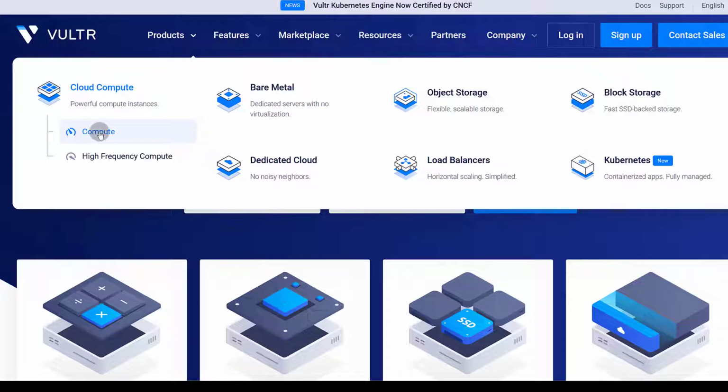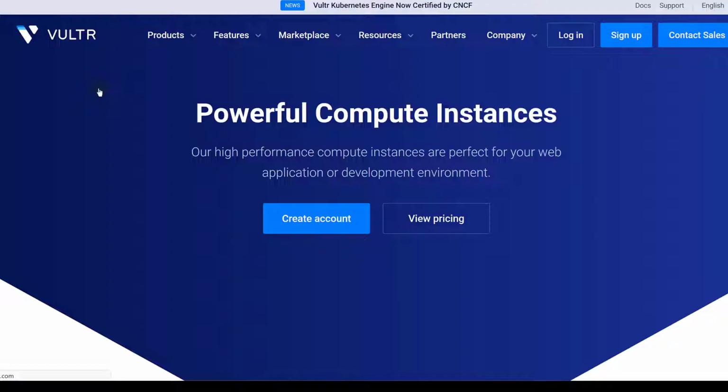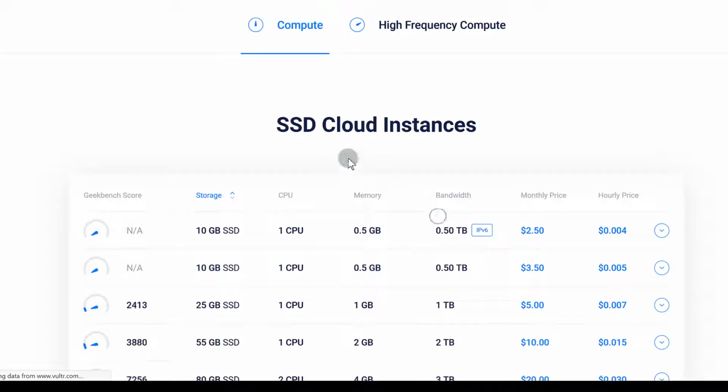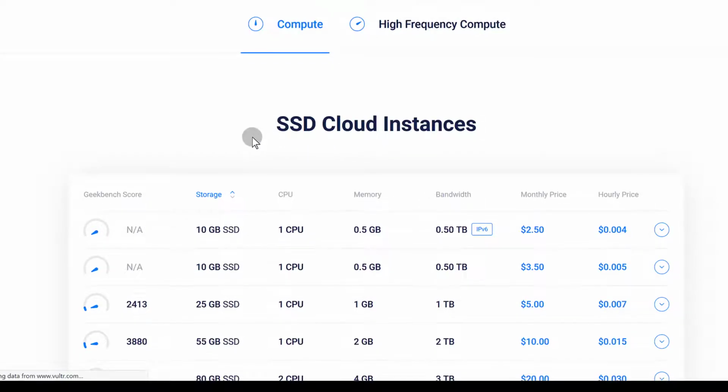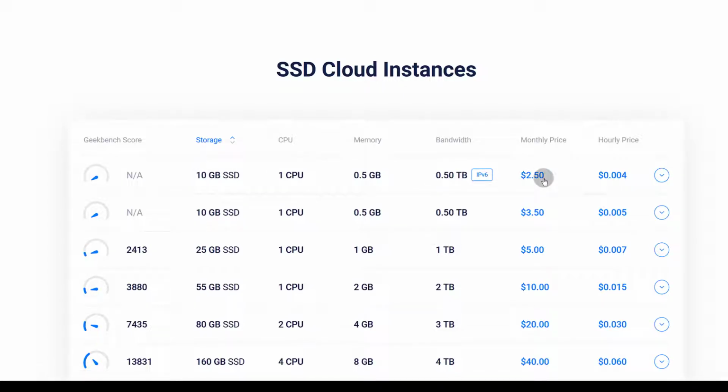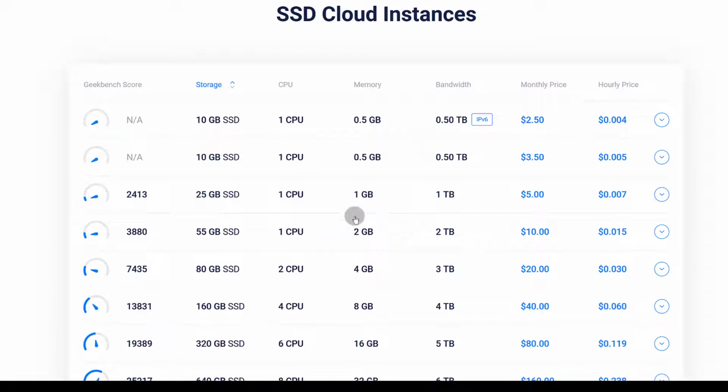We have Cloud Compute, which they say is slightly slower than this, but it doesn't really matter. If you choose either of them, you'll be fine. So let's click on pricing to see the Vultr prices. You can see this one starts at $2.50. This is just an entry-level VPS, and you can see this one only has IPv6. So if you do want to run a website on that, you should probably start with this one if your budget is extremely low. The one that is equivalent to the one for DigitalOcean is this one for $5.